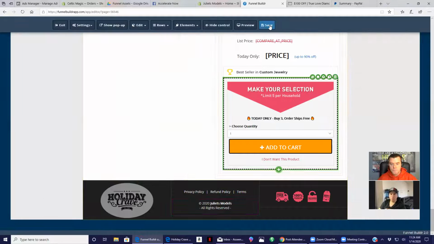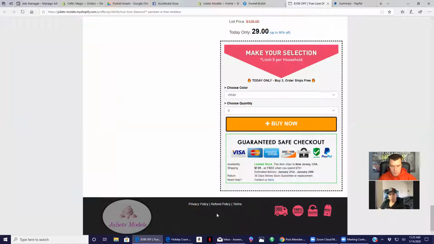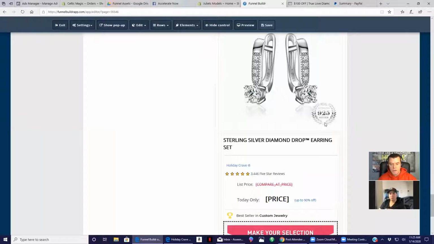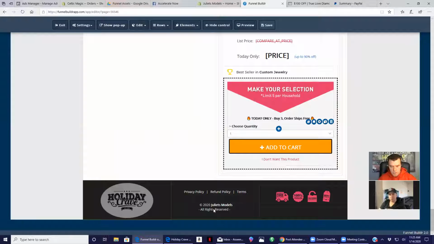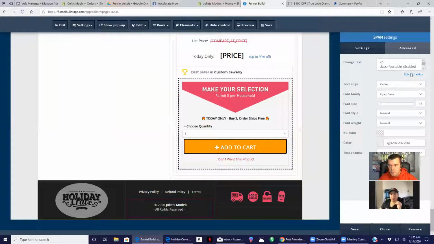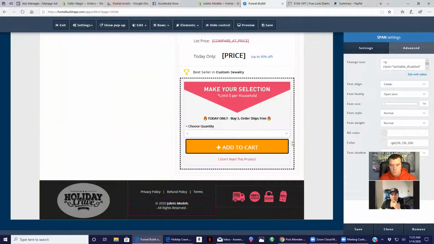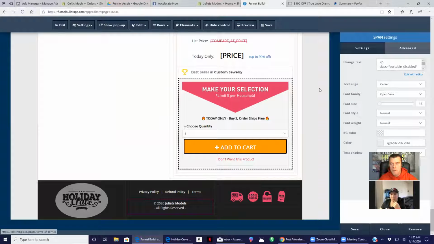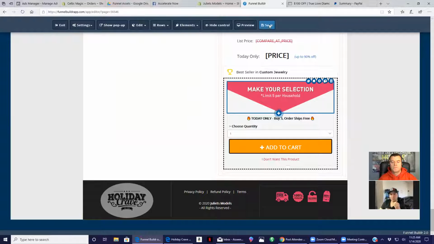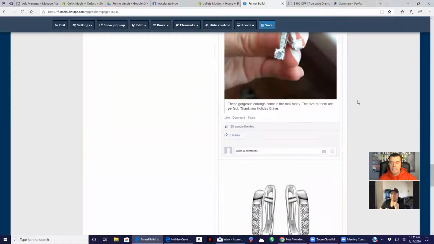Okay, so now see how it just looks cleaner, looks better. I'll save that. Then where you had at the bottom, it was blank here, and it just doesn't look right. So switching that out, which I've already done on this template, looks much better. Right there, it looks like the all rights reserved isn't centered. Let's see if we can find out why. There we go. Okay. So that's critiquing your page